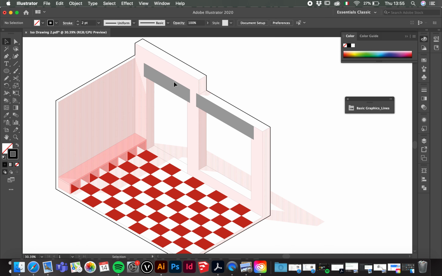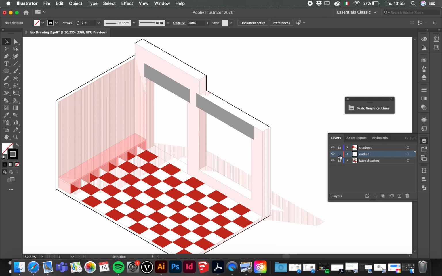What we can do now is, maybe if we don't want those to be that dark gray, we want them to seem like a concrete texture. So what we're going to do is give those a hatch that is most similar to what concrete looks like generally. So we are going to